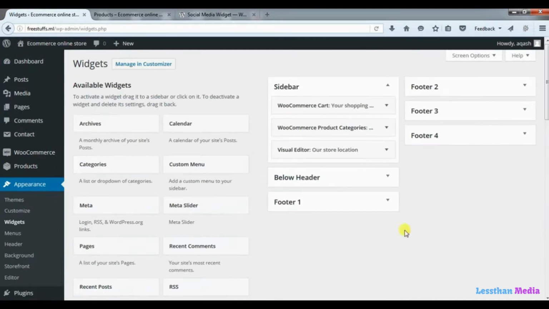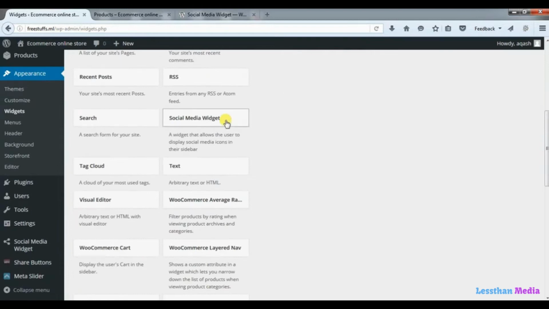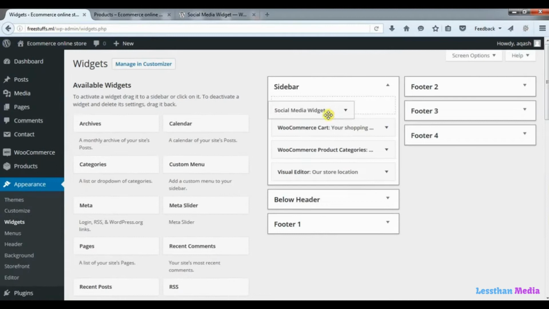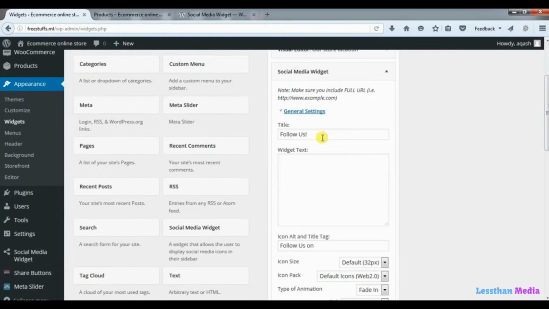Now here you will see a social media widget that is here. Click on it, drag it and drop it into the main sidebar. I will drop it below the visual editor. As you drop this widget into the sidebar, you will see a section open where you can change the title